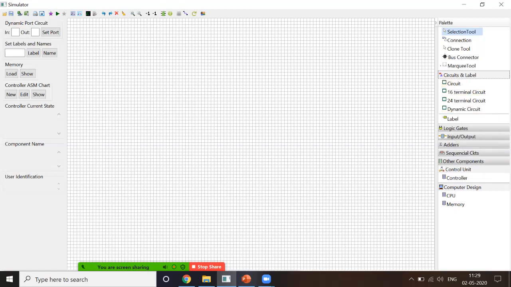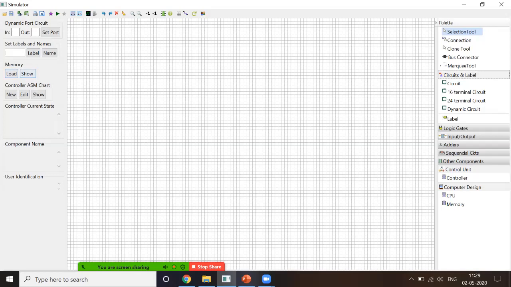Or else, if you want your own, say I want to make a circuit which has 4 inputs and 6 outputs, then I can use this section to create a dynamic circuit. For giving labels to some components, you can use this section to give a name or label to a particular section, to identify what that input or output is doing.